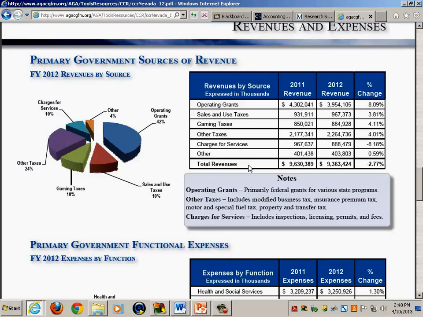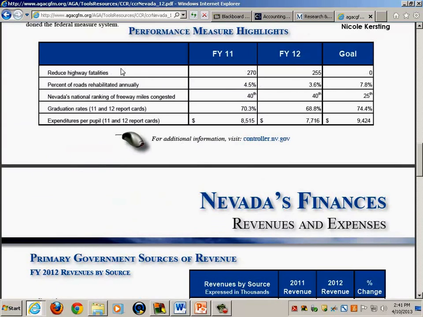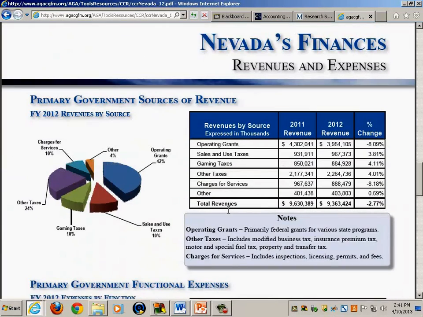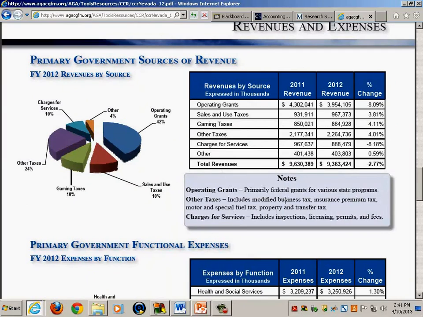And this is what I'm telling you, people are concerned with government financial reporting. We see all these numbers, but we don't see what is the result of those numbers. And this is the reason why I wanted to show you this, because you see the performance measures, and these are just a few, and you see what's being used to